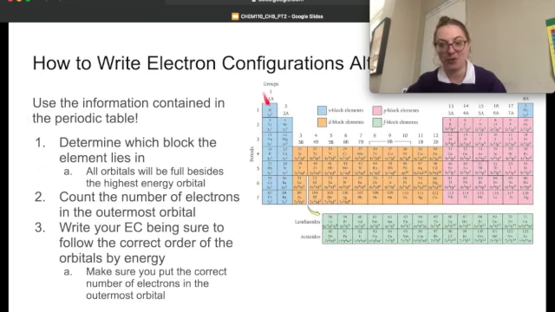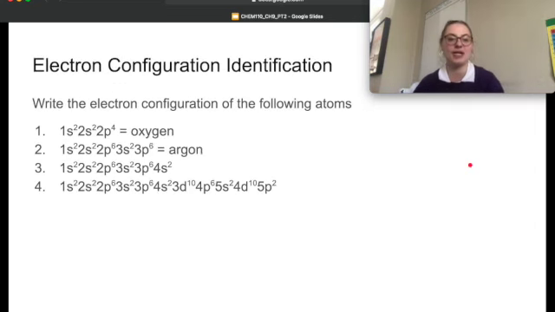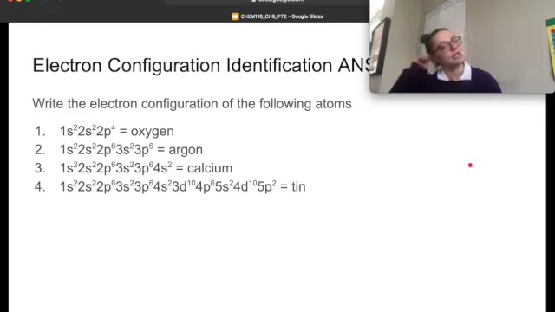Okay, you ready? 1s2, 2s2, 2p6, 3s2, 3p6, 4s2, 3d10, remember the d's start with 3, so 4s2, 3d10, 4p6, 5s2, 4d10, and then I want to know 5p2. Well, 5p2: 1, 2, that is going to be Sn, that's 10, we have 10 there in our electron